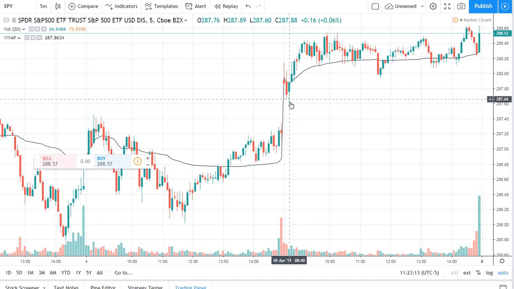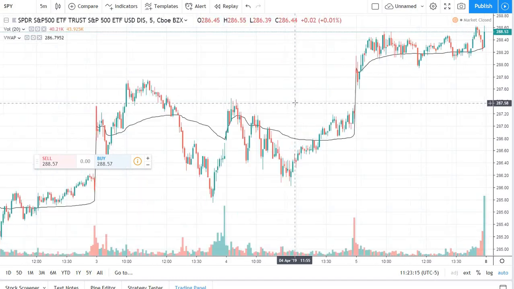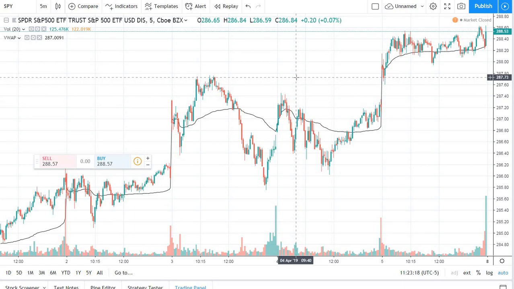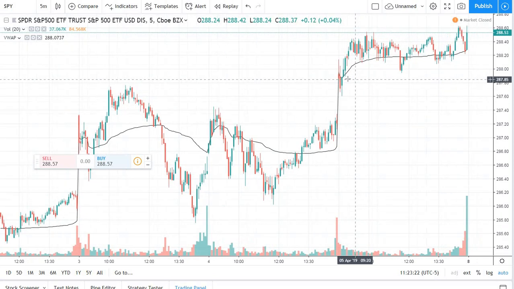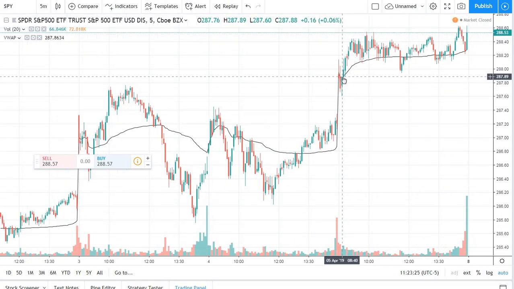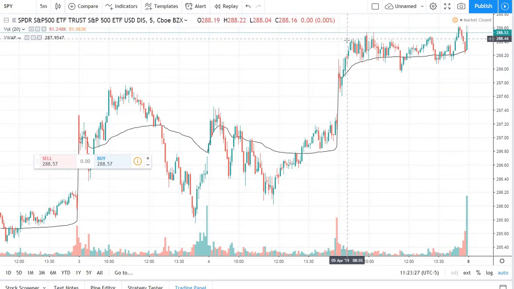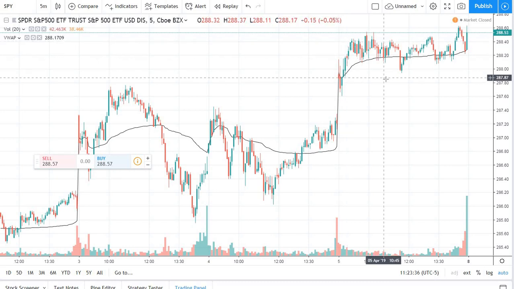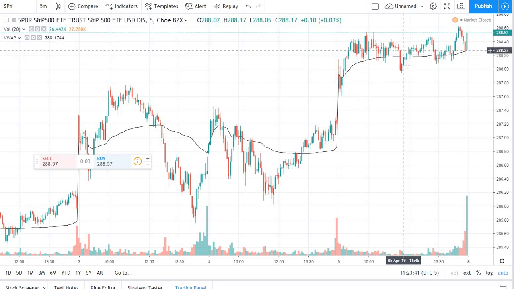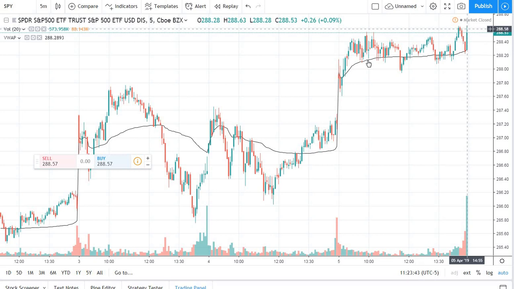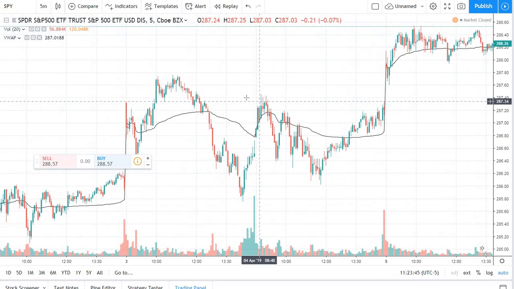So right here, it back tested. This is probably support somewhere if we scroll back. So right there, it back tested support, and then it got back over the VWAP here, and then we went from 287.90 to 288.40. So if you had 10 contracts, you probably would have made, I don't know, roughly $300-400 on that trade if you had some SPY options. It was pretty bullish on Friday, so it just kind of back tested under the VWAP here, and then back over. However, if we go back and look at some other examples,